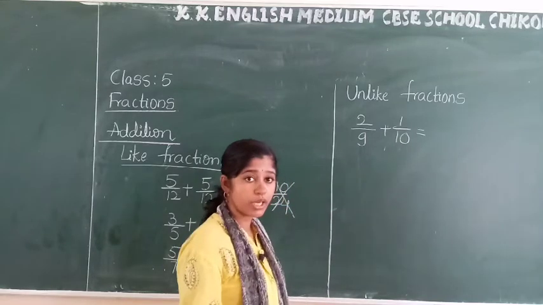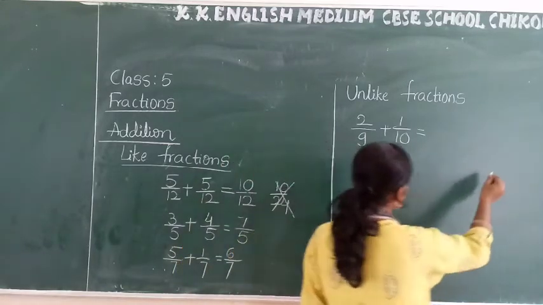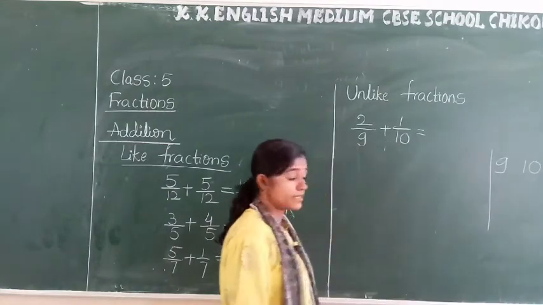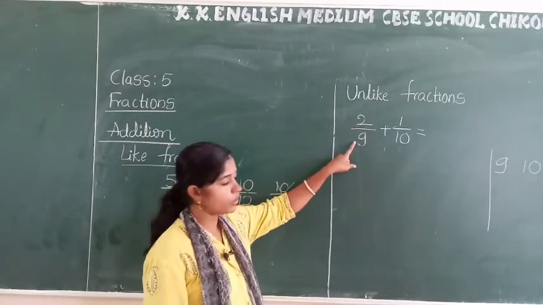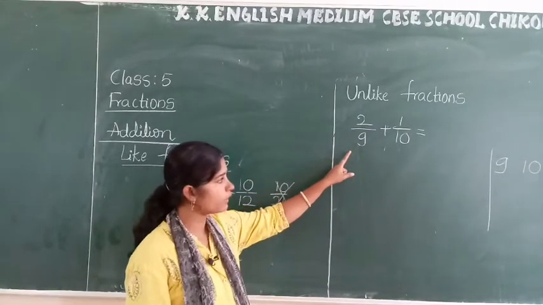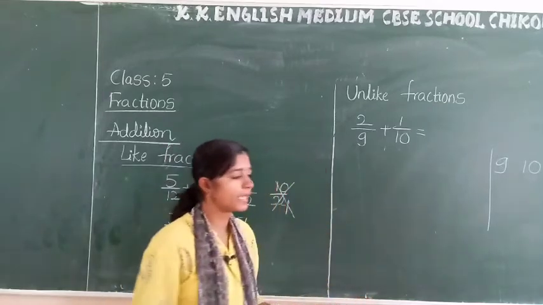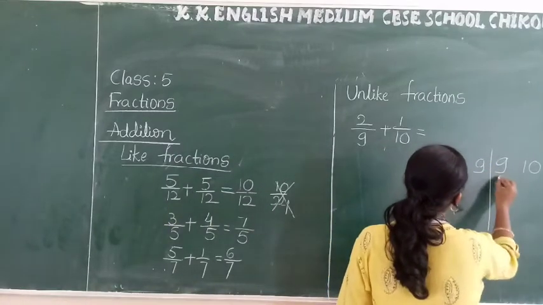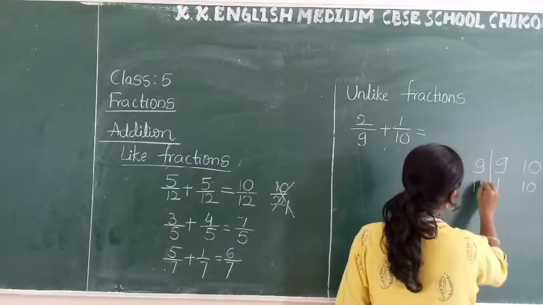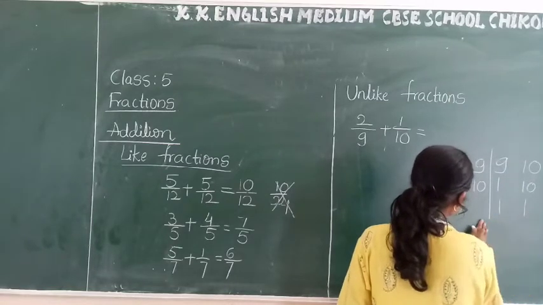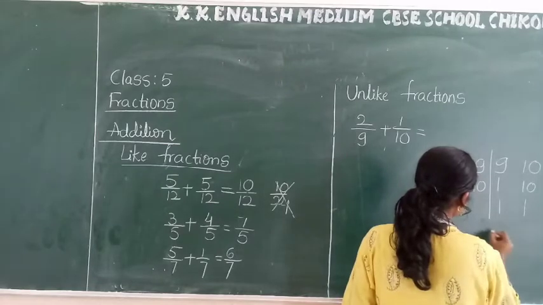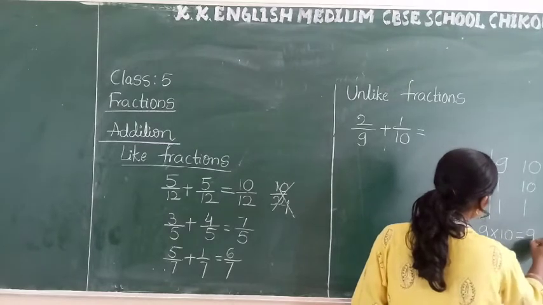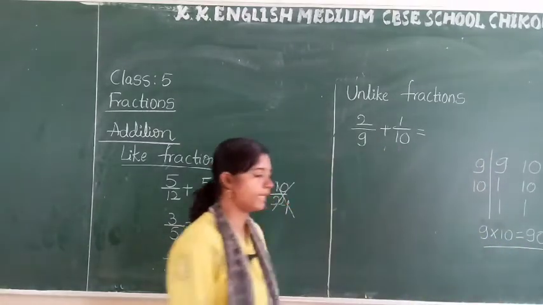Already you know how to find the LCM. You can use any method, but we need the LCM of 9 and 10. When you are finding the LCM, don't take the numerator, you have to take the denominator. I hope you are getting my point. See here, 9 and 10 are there. Are 9 and 10 in the same table? No. Then you take 9 ones are 9, 10 as it is, 10 ones are 10 and 1 as it is. And the LCM of 9 and 10 is how much? 9 into 10. 9 tens are 90. The LCM of 9 and 10 is 90.